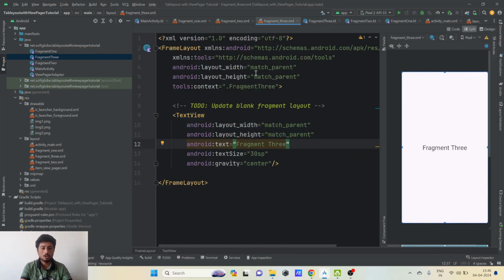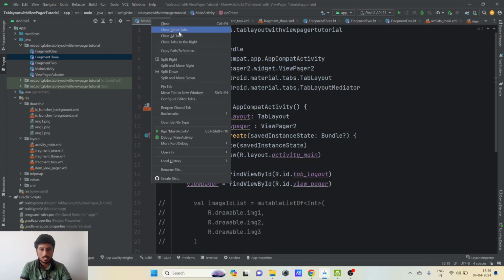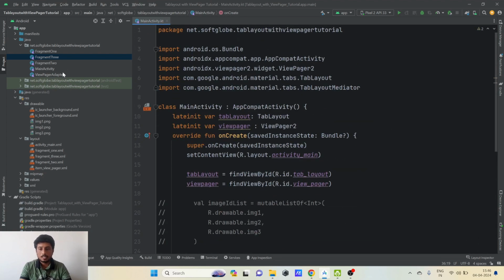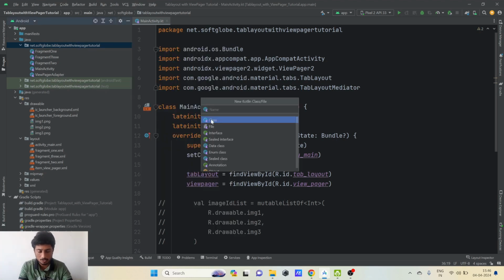So here I have created all three fragments and the respective text in their respective layout files, Fragment 1, 2 and 3. We don't need these fragments because we don't want to do anything in this. So I'll just close this and close other tabs. Now we need to create a separate adapter. This adapter will come to no use, so we need to create a separate adapter. Just right click on this and choose new adapter. We'll name it as